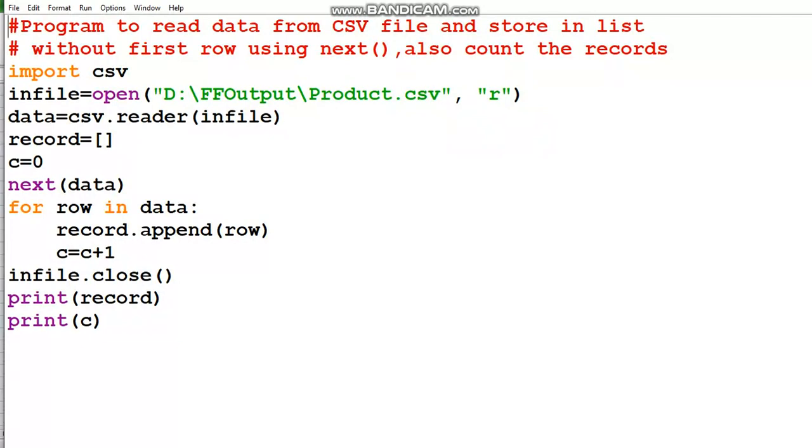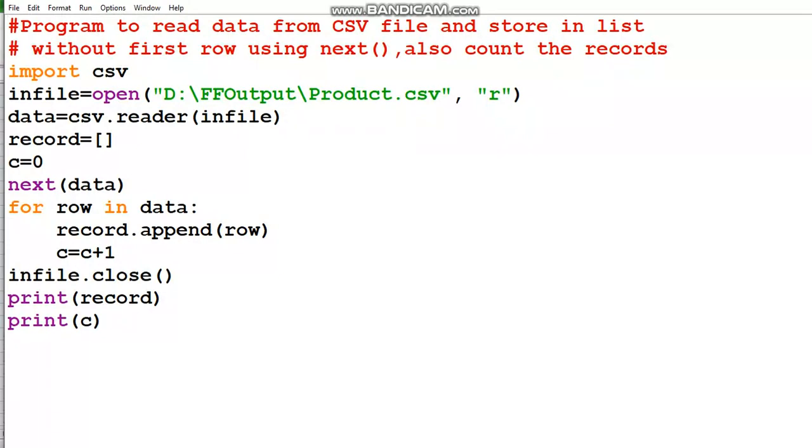I only want to display the details, only the data part. The next function is not only for the header row. Whenever we use the next function, it will take the pointer to the next record to be read.